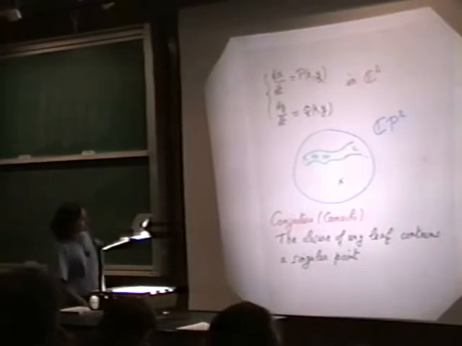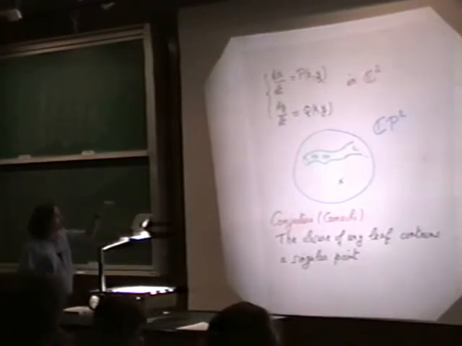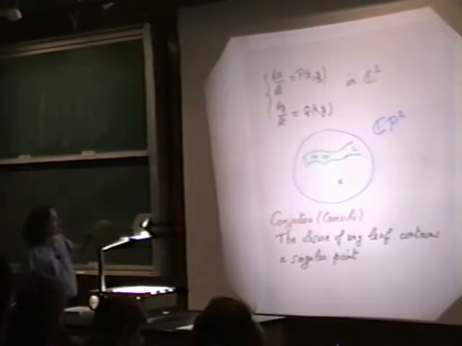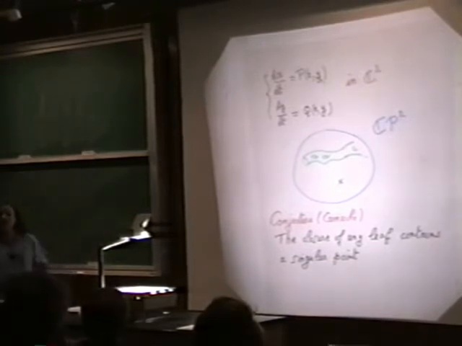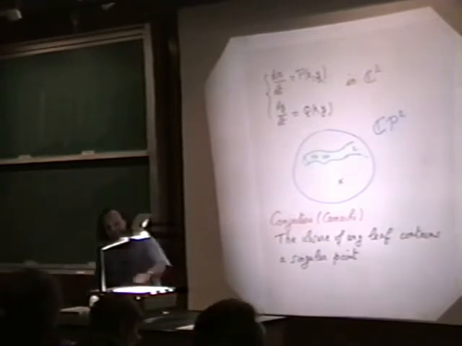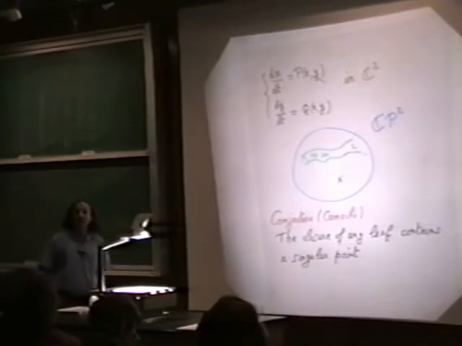Now, instead of looking at the orbits as before, you look at the leaves, because now it's a complex 1-dimensional dynamical system, so you can think of the orbits as being, as Ilyashenko was drawing yesterday, Riemann surfaces in C2, and in order to make things compact, you compactify the foliation in complex projective space, and